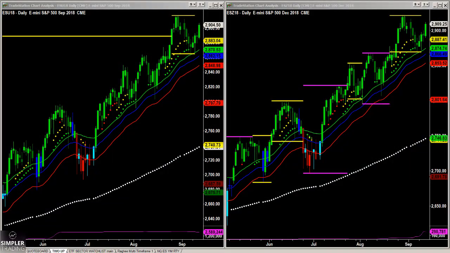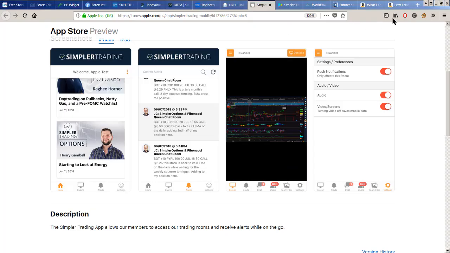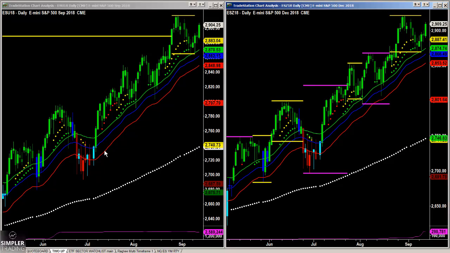When we're looking at the roll date, that can be easily seen through the CME site. I think I have that up here. So you can go to the CME and look at that roll date, or just even Google it. And one of the things we sent out as an alert was the fact that today's the first day for